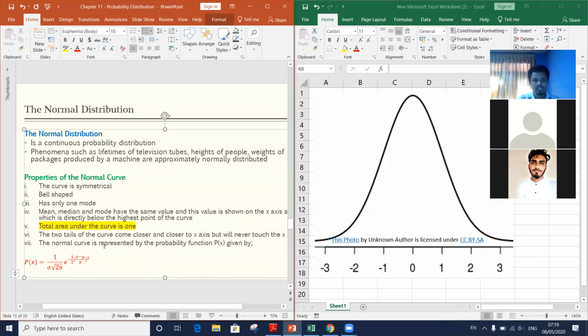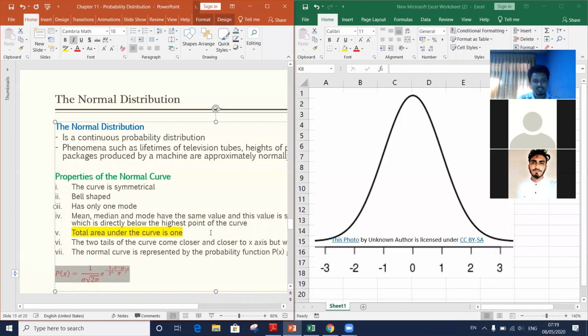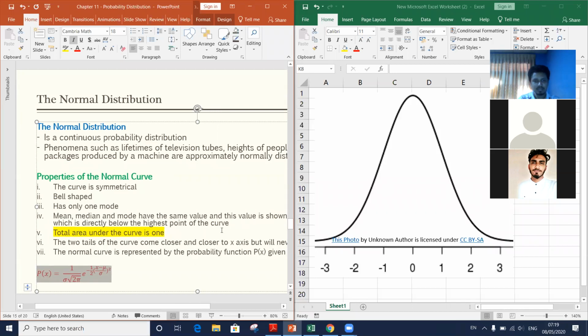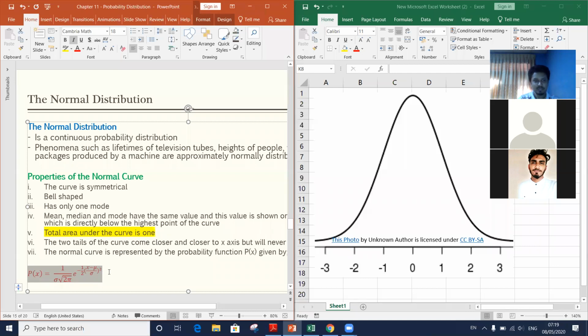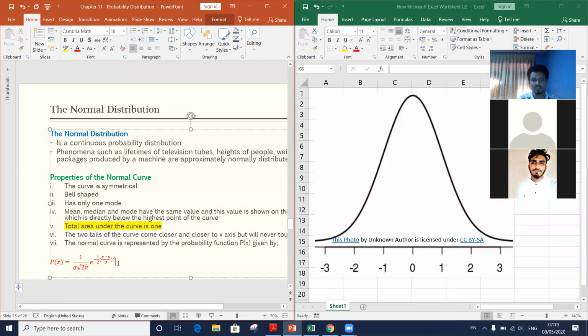And the normal curve is represented by the probability function given by, right? Do you need to remember this one? Normal curve is represented by the probability function given by කියලා function එකක් දෙනවා, right? මේක ඔයාලා බය කරන්න දෙන්නේ, so you need not to remember this one. This will not be applied by you. ඔයාලට apply කරන්න වෙන්නේ නැහැ මේ. Right. That is about the basic introduction about normal distribution, right?